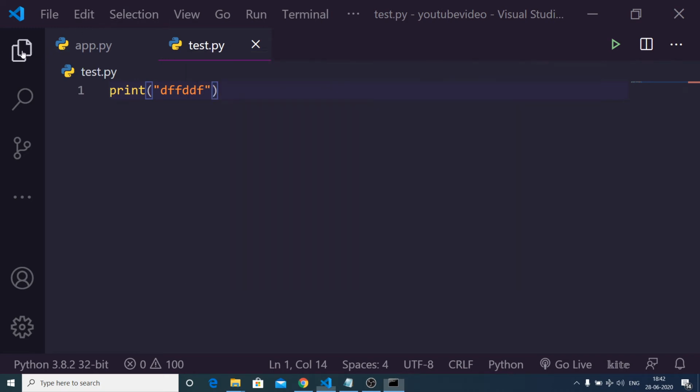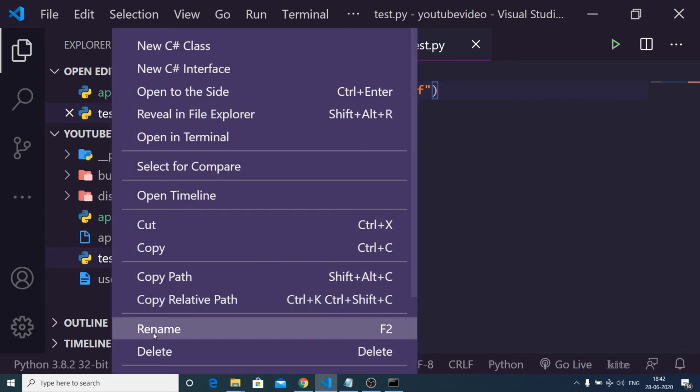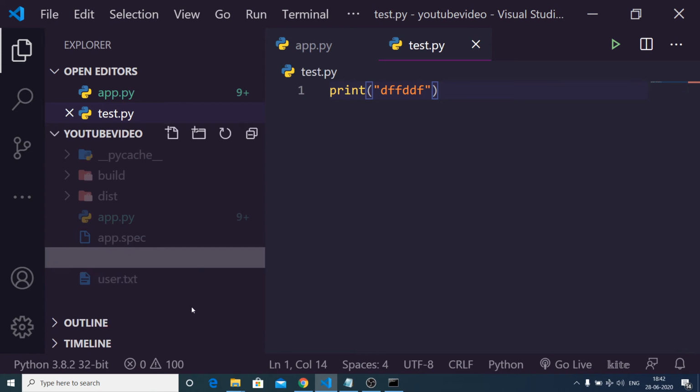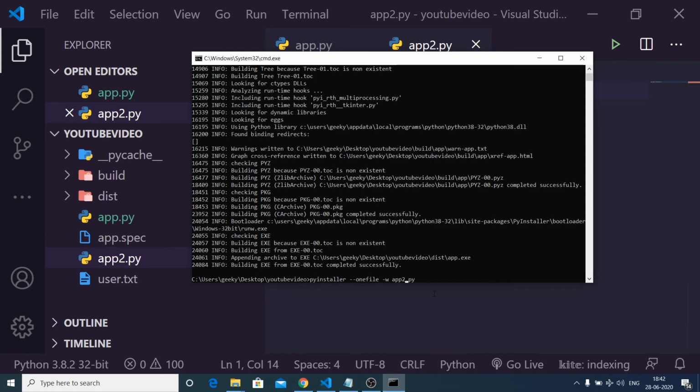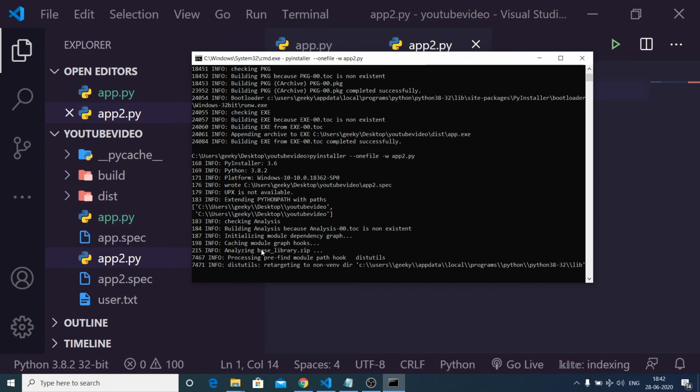Let me just rename this to app2.py. If I execute it, it will again create a dist folder.